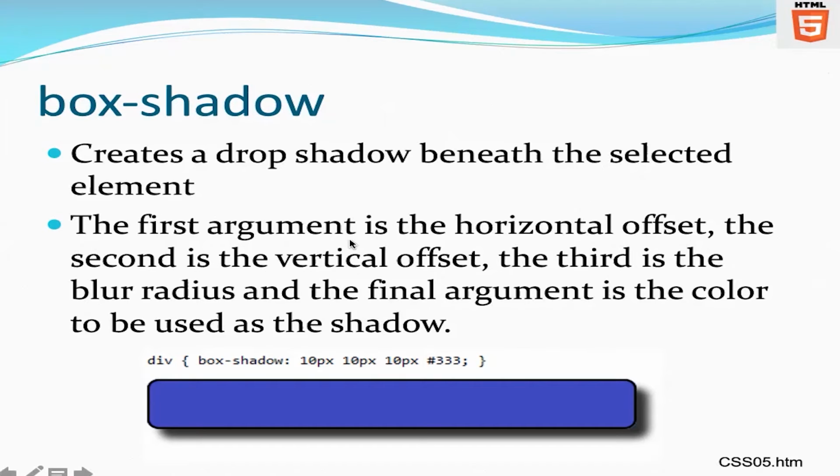We then have the third value representing the blur radius, the amount of blur that you would want to set up. To give you a little bit of a background, blur radius in particular is based on physics. If an object is very close to the surface where the shadow is being cast, then the shadow will be very sharp. As that object moves further from the surface towards the source of light, the shadow starts getting blurred. So the amount of blur that you want to generate, the blur radius, is something that you could set up in that third value.